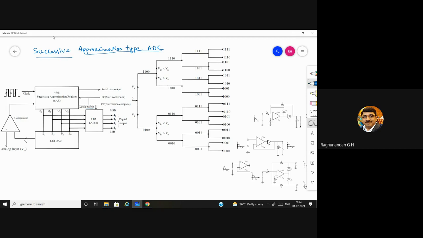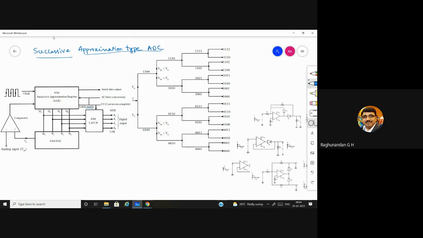Even though it is ADC, analog to digital converter, here we are using DAC, digital to analog converter, because we are using a comparator which will keep on comparing the present signal with the previous signal. So based on present and the previous values, only this comparator output is going to change. The previous values are already, yes, any doubt? Okay. Previous values are already given out by the SAR, but that needs to be considered to generate the new values or the new input values.